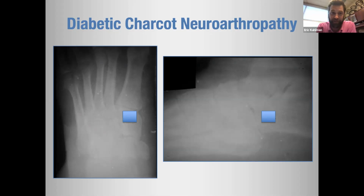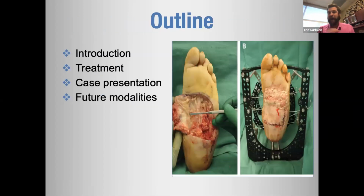So the 1 year mortality rate is almost 30% for a below knee amputation. And then the mortality rate for a below knee amputation at 5 years is almost 70%. So he became a statistic, sadly. So just to give you the gravity of this prior to my whole talk, I wanted to give you that case, because recognition of the deformity itself, and being able to see what's going on, is crucial for